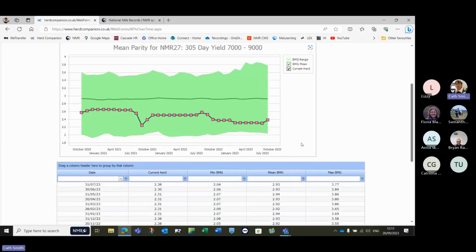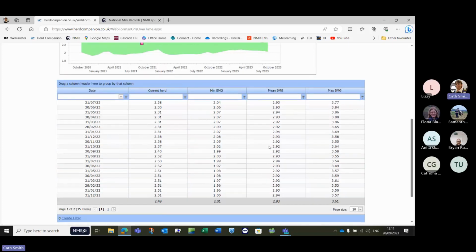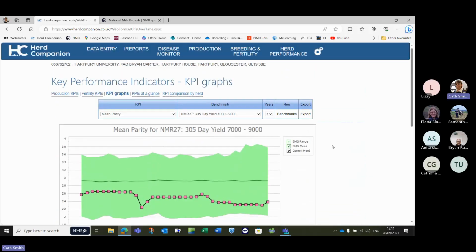Below the graph picture, we've got then the actual raw data. So current herd will be you, minimum benchmark group, so that's the lowest herd making up that light green edge, mean, and then the top end as well. Okay, so you can study, as I say, whatever KPI you like against whichever benchmark group. Now, if I just go back a step to one of these,